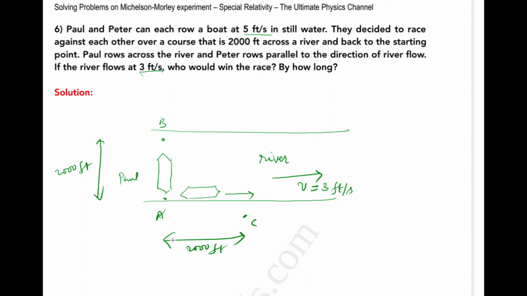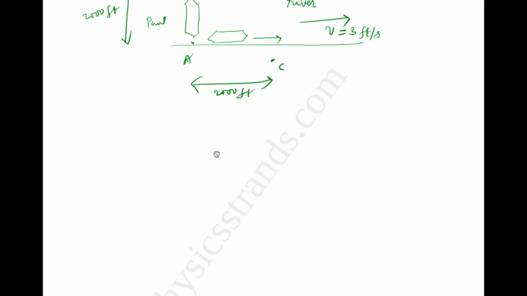We have already done similar problems in this lecture, so I can directly write the expressions for Paul and Peter. The time taken by Paul to go across, in the original assumption, T Paul, is equal to 2,000 feet over the square root of c squared minus v squared. So c in this case is their velocity in still water, that is 5. So it is 5 squared minus the river current speed v squared, that is 3 feet per second, so 3 squared,